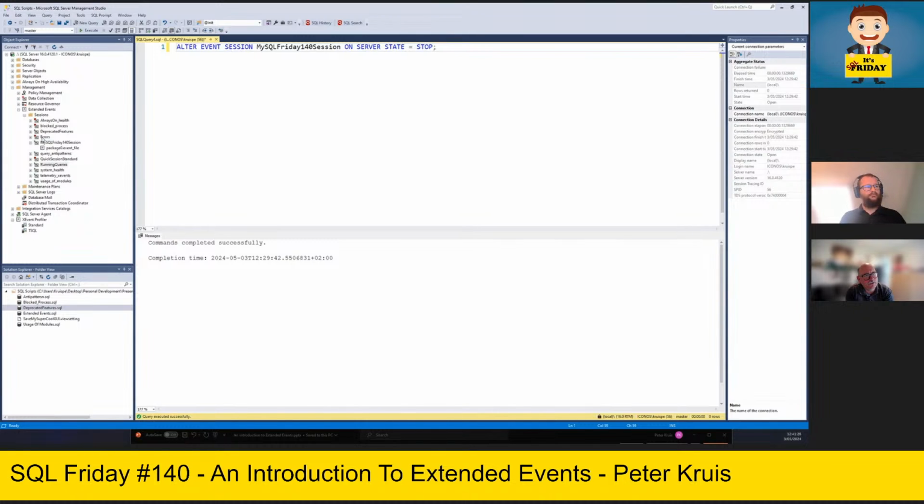Yeah, and I have used the combination of a data file, or just a file, to see the actual events and a histogram. Typically what I use very often is, we have a bunch of logins in a large estate and we don't know if they're used or not. So I set up an extended event with a histogram, and if I see that some of them are actually being used and we get data into it, then I want to see the specifics. And then I add another target to the same extended event. Indeed. Yeah, those are use cases for multiple.